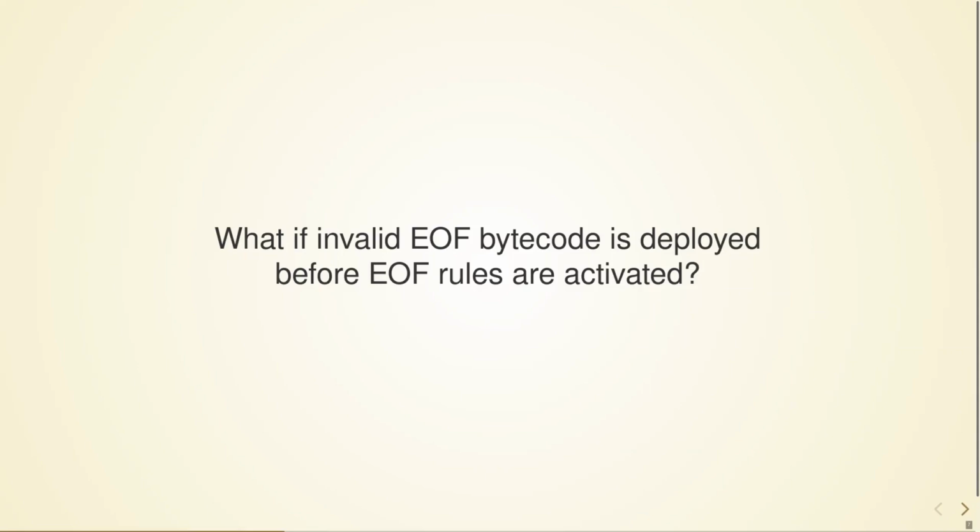And if you would be able to deploy code prior to all these different hard forks which has an EOF prefix, that would mean that in the future you would have two kinds of EOF-looking bytecode, and you would not be able to tell which is valid and which is not. So we want to make sure that once you can deploy this EOF bytecode, it's always going to be valid bytecode. That is the whole reason we have to do these different steps. I'm not sure, James, does that